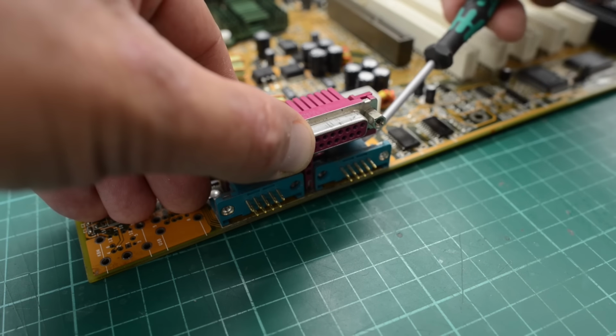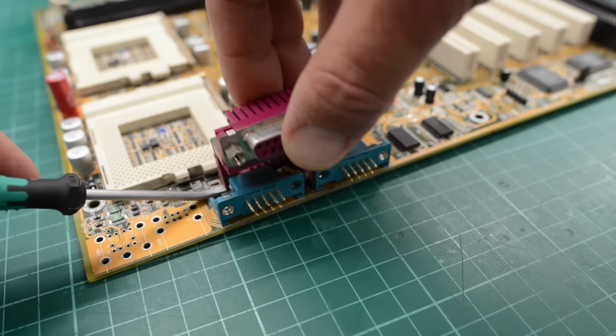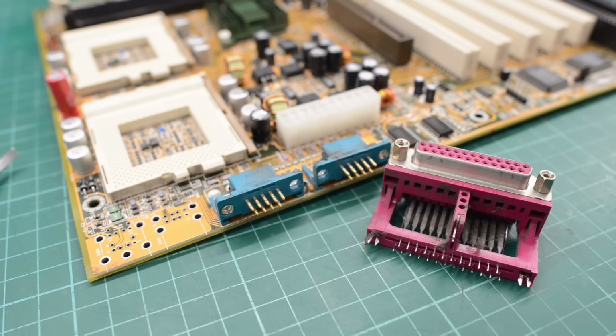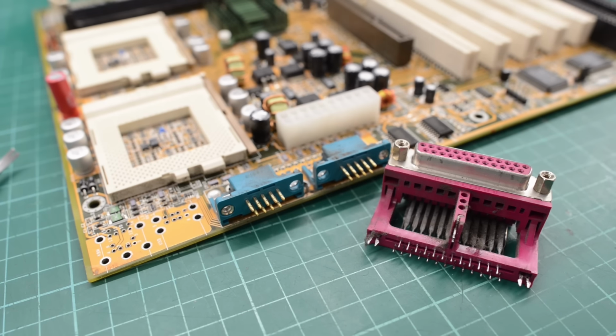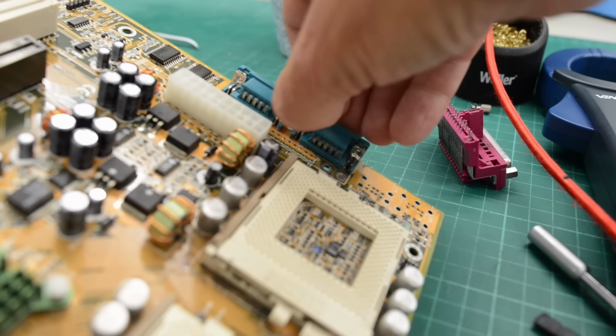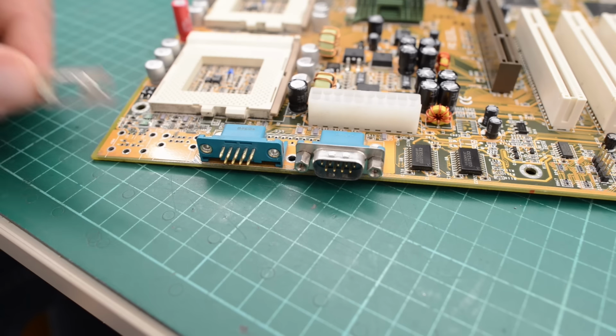Okay, let's see if it will come off now. Yes, I think it's free. It is. And completely baked in dust. But that will come off in the wash. So yeah, this method definitely works too. I'll reinstall the two nuts at the back. Now we can install